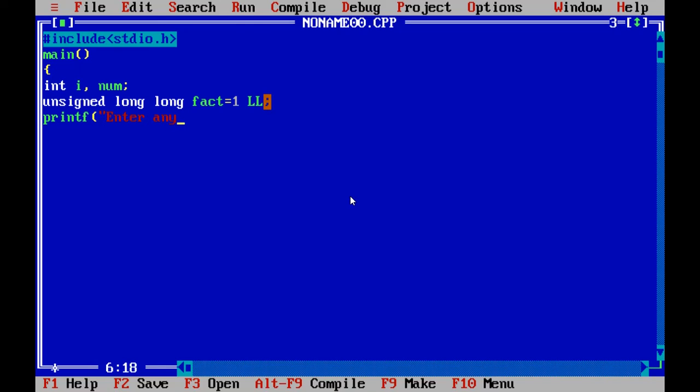Printf enter any number to calculate factorial.